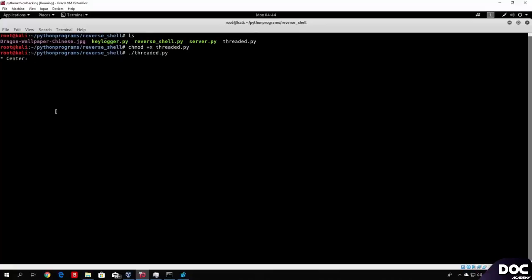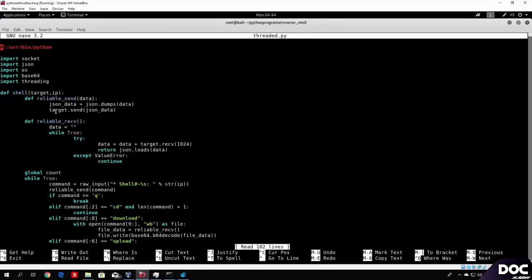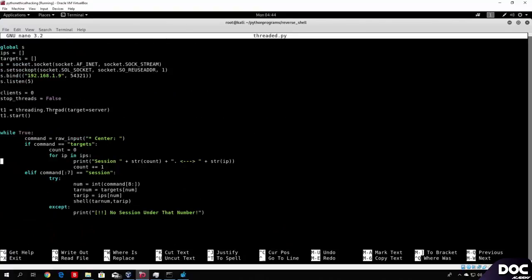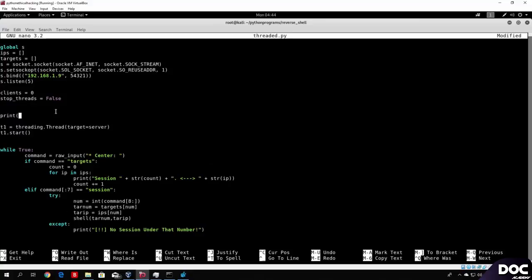And let me just check this out. We need to close this because we are missing something. We need to print "listening for incoming connections." So let's see where we actually need to print that. Right before or right after starting the server. We can just print it before starting the server, so just print